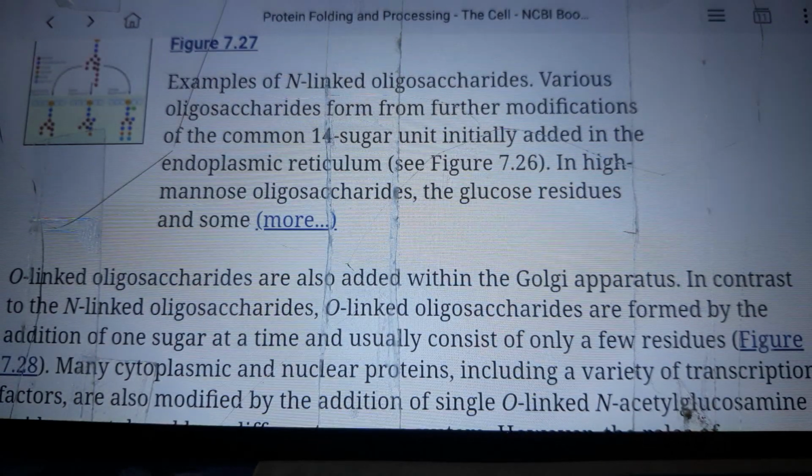Figure 7.27, examples of N-linked oligosaccharides. Various oligosaccharides form from further modifications of the common 14-sugar unit initially added in the endoplasmic reticulum. In high mannose oligosaccharides, the glucose residues and some